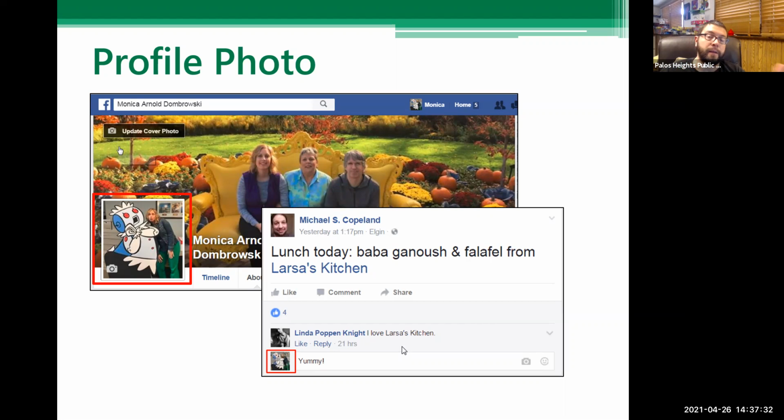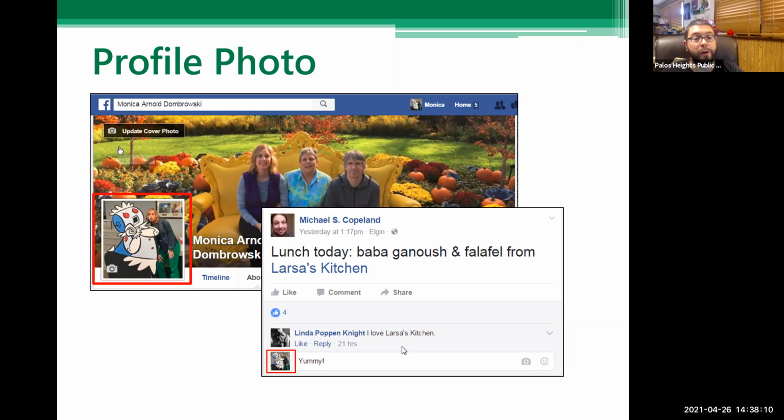And speaking of frames, they now have, if you click on profile photo, something will pop up and it'll say, do you want to add a frame instead of just change your profile picture? And you can do that too, like just a ton of frames. You can search them. Like if you want to add something for the school you went to, sometimes there's a frame like that. A lot of the big ones now are, I've been COVID vaccinated or whatever, and you can add that temporarily. You can always go back and strip it out, whatever you want to do. Like I had one for National Library Week a couple of weeks ago.